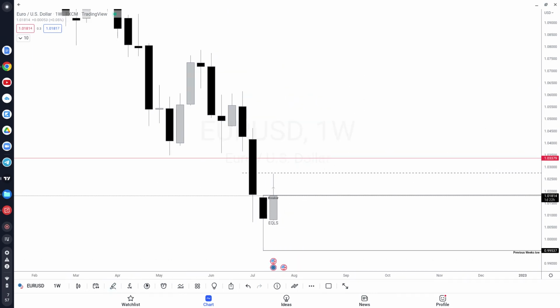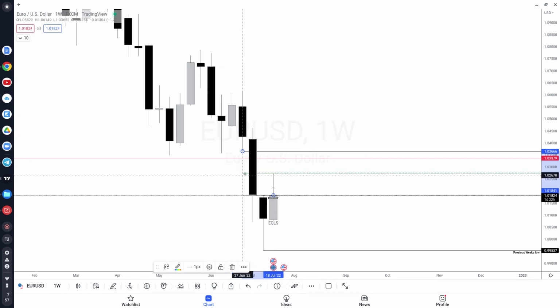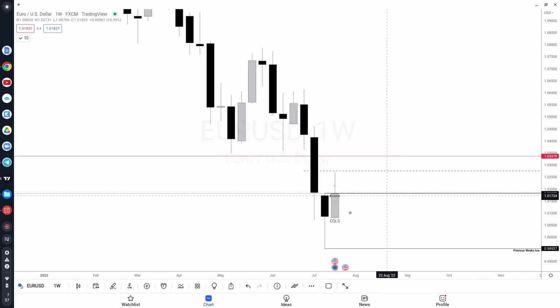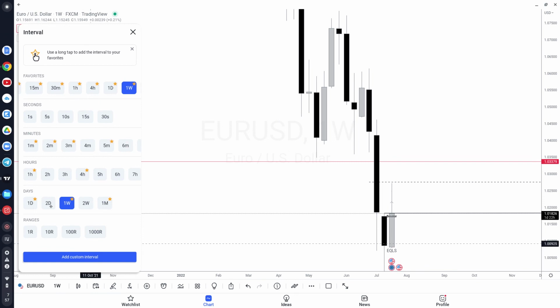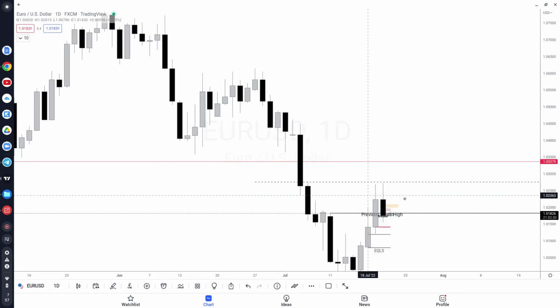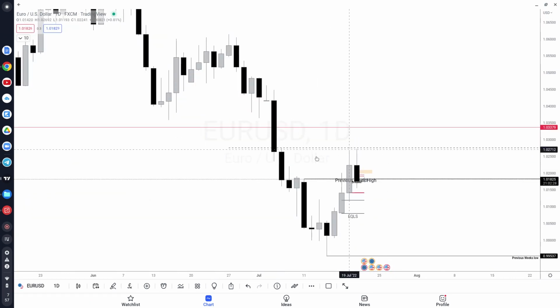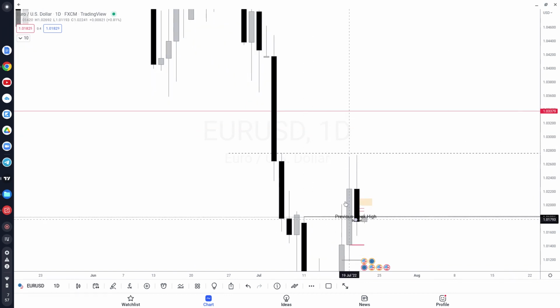So what I notice about price here is if we measure from here to here, which is the weekly imbalance, this area here is 50% of this overall imbalance, in which you can see price has come to that area, and we're seeing a pretty steep rejection as we move to the daily candles from today, right? So yesterday there was a rejection, and then today, we actually swept that high.